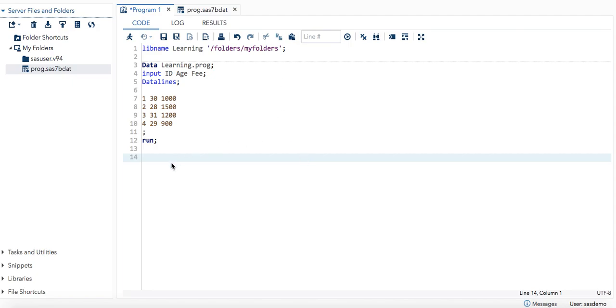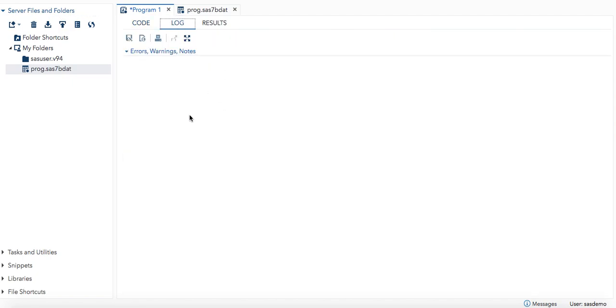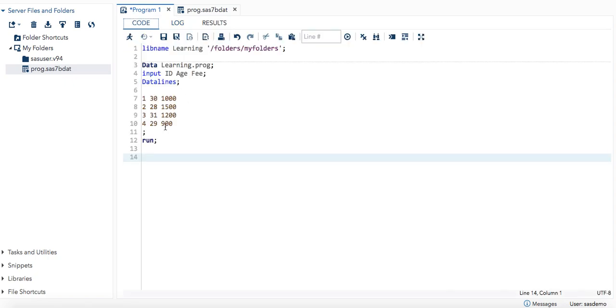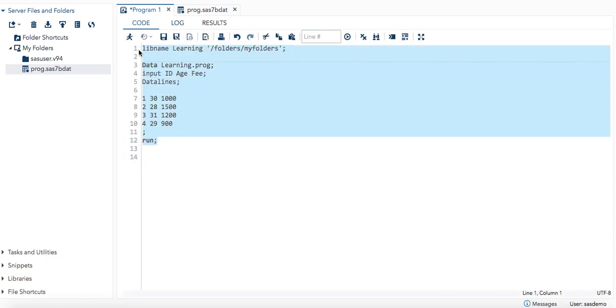So let's start. So as you can see, this is my SAS editor window. Here three windows are shown. One is the code window where we can write the code. Whatever we want to do the programming, we can do our programming in the code window. The log window, like any other programming language, will show us the log of the code. Whenever I'll execute the code, it will show me the log. So let's execute this part.